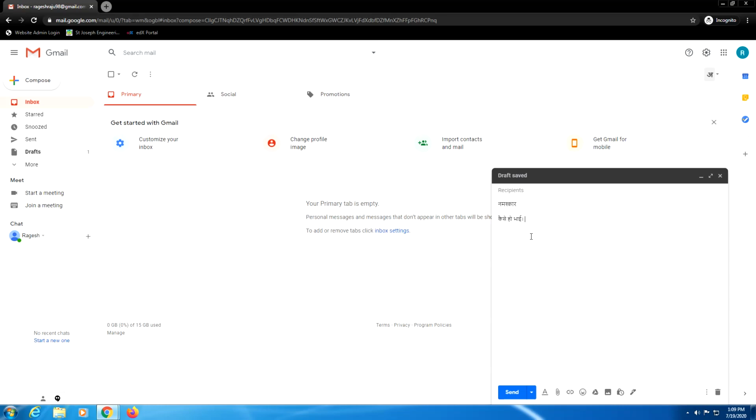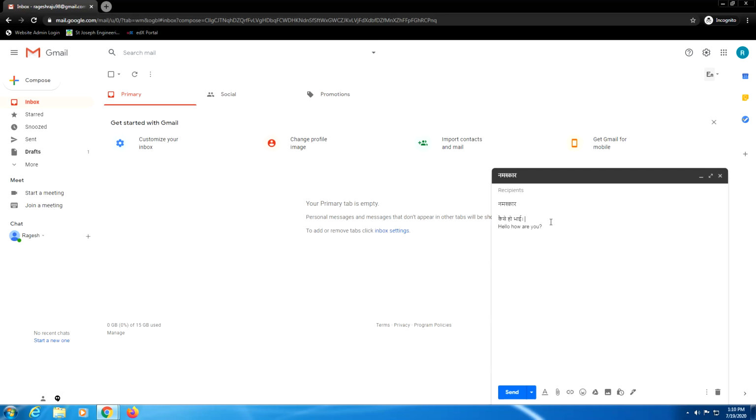This is how we can type Hindi, or in the same place if you want to type another language I can do that. I click on enter, come here, and select a different language. If I select English, I type hello, how are you.